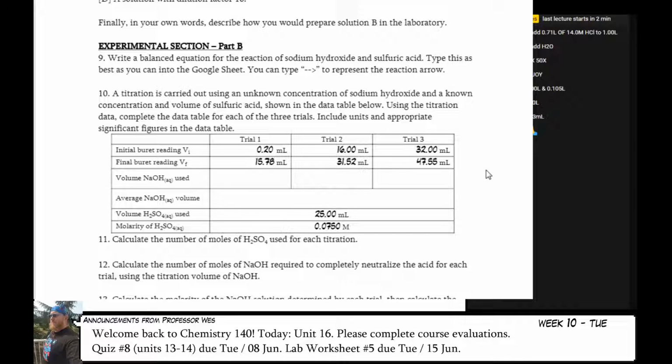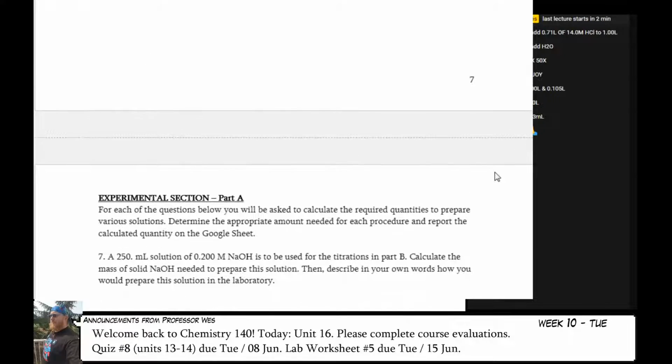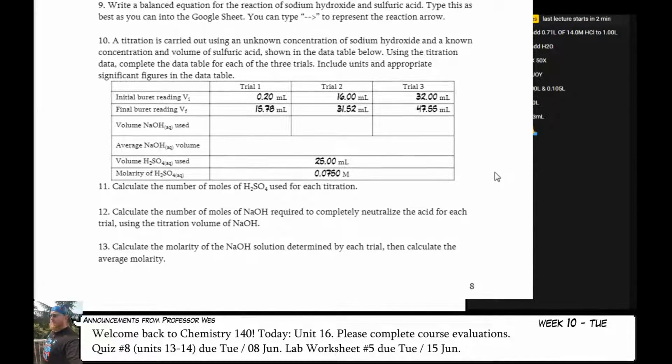So, for instance, in question 10 here, I am reacting sulfuric acid with sodium hydroxide. You should be able to write out the balanced equation because you know what those things are and you know what the products should be based on the earlier discussion. You should end up with water and sodium sulfate